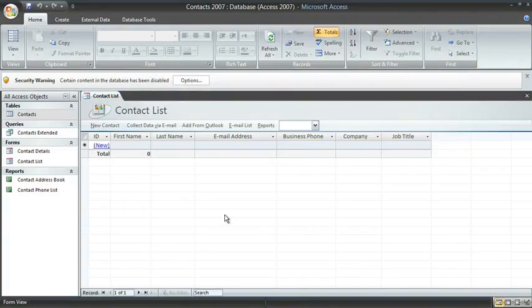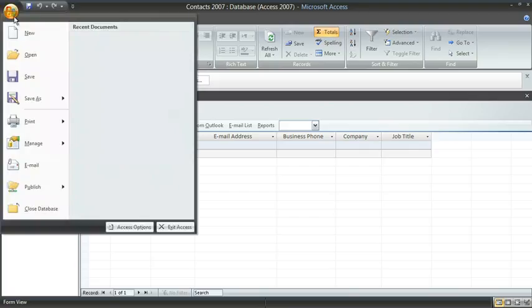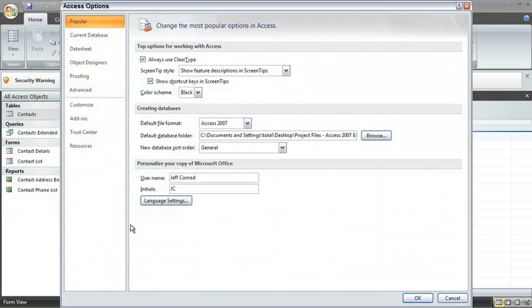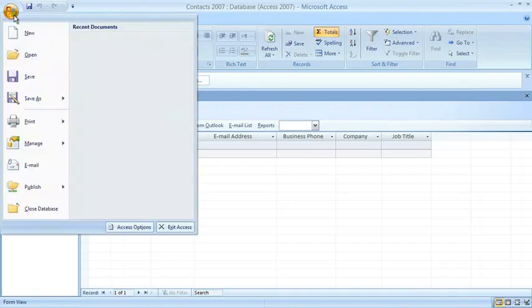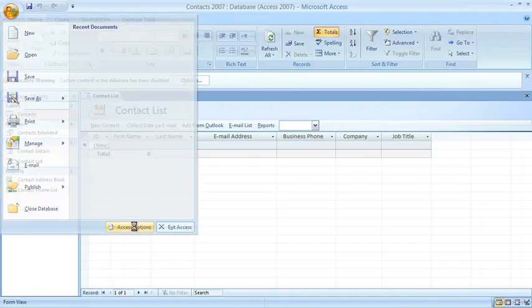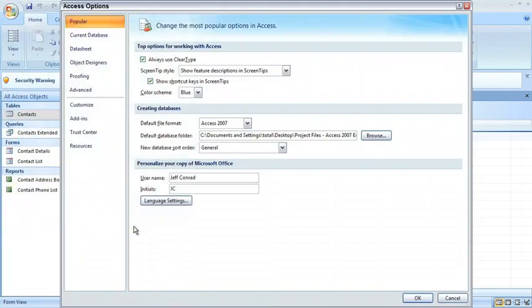You have three choices in terms of the color scheme you'd like to use when working with Access 2007. I personally prefer the blue, so I'm going to change this back to blue. Click the Microsoft Office button, click Access Options, change the color scheme back to blue, and then click OK to save. I'm going to click the Microsoft Office button again, click Access Options, and let's look over the Current Database